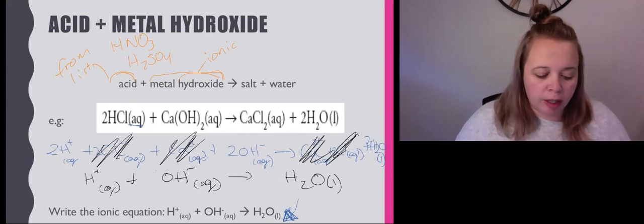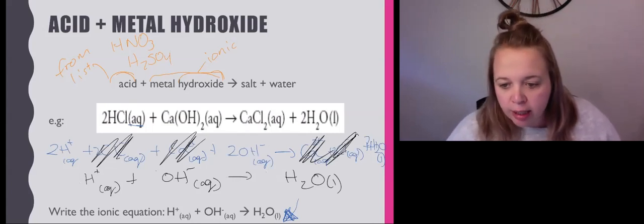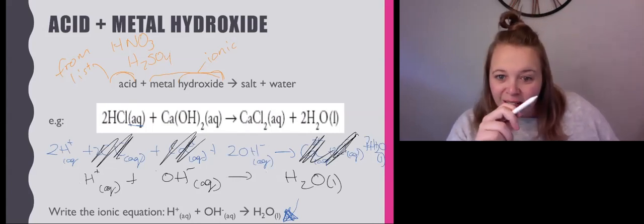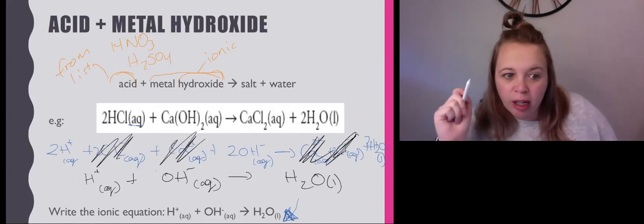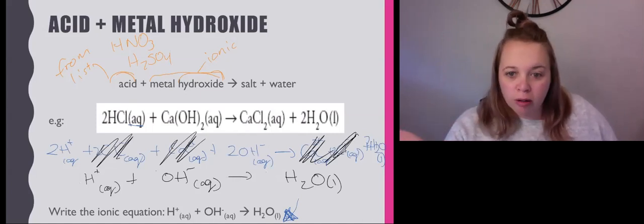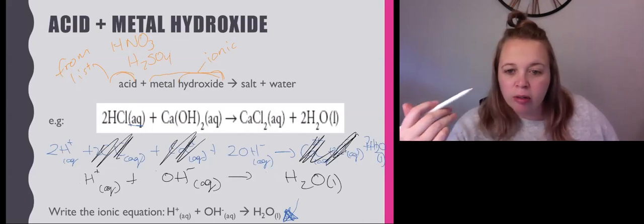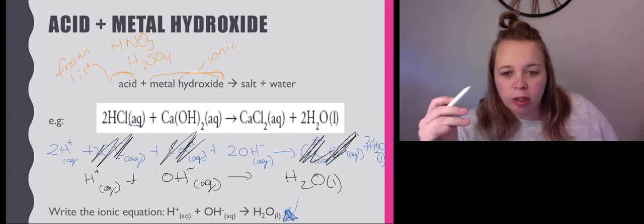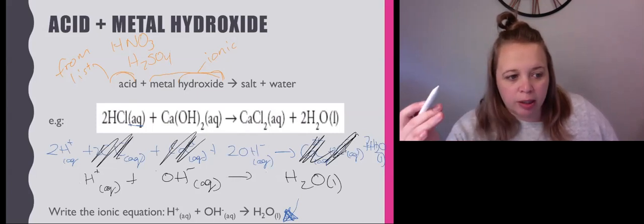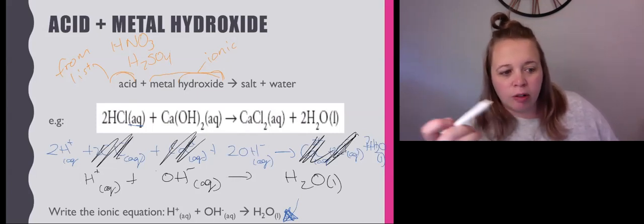Okay, so when you're doing your acid plus a metal hydroxide, you write down your acid, you write down your metal hydroxide formula, then you create your salt. The salt is always aqueous as well, and then you create water, and the water is the liquid. So in this case, we've got this